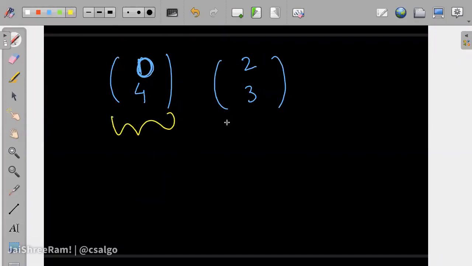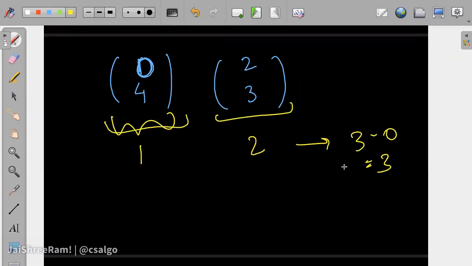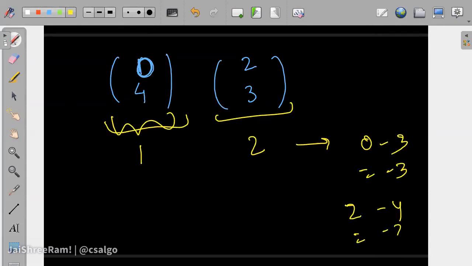And then I will take this one. So I will get a 3 score. If I take this 1, this 2, then this gives me a score of 3, and you get a 0. So 3 minus 0 equal to 3. And if you take this and I take this, it is of course losing for you for sure. Sorry, this will be 0 minus 3. I get a 3 score, right? So sorry, let's clear this off. 0 minus 3, so this will be minus 3. But if you take it the other way around, you get 2, I get 4, that will be minus 2. So at least this is better, right?